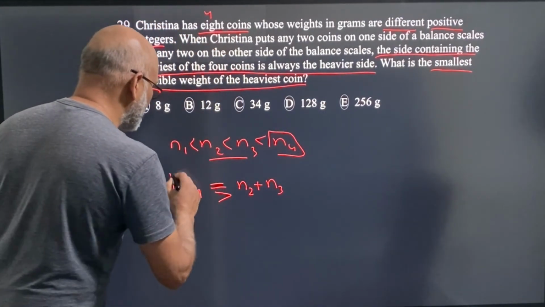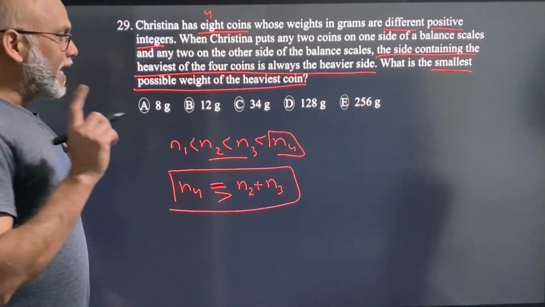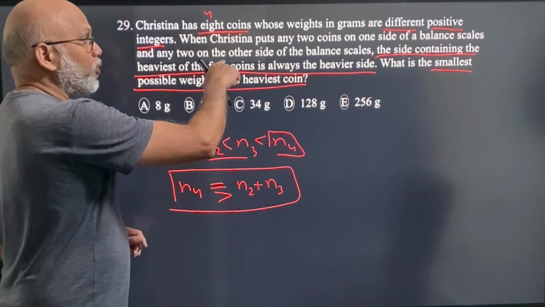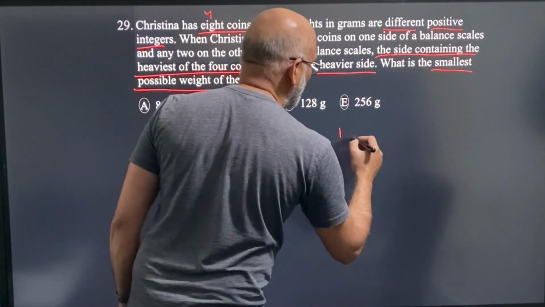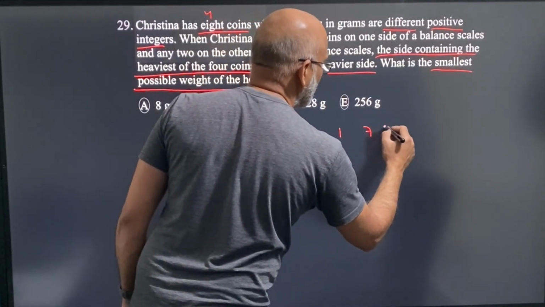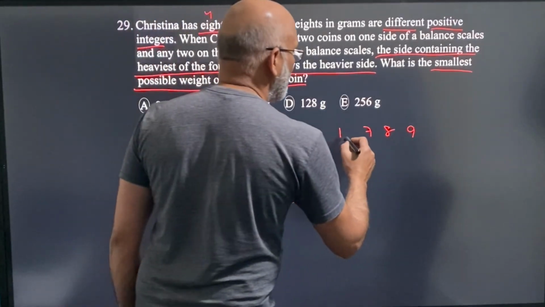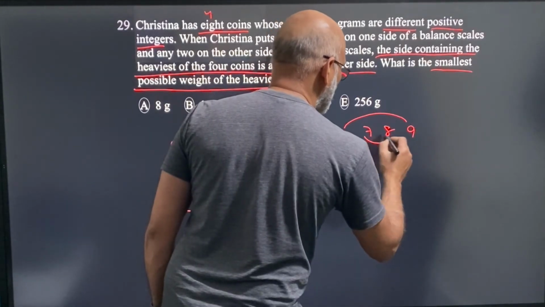Okay, so this is the condition. Let's try to understand this. First of all, let me show you an example that will violate that. Let me say the four numbers are 1, 7, 8 and 9. In this case, if I pair 9 with 1 and these two together, so these two together are 8